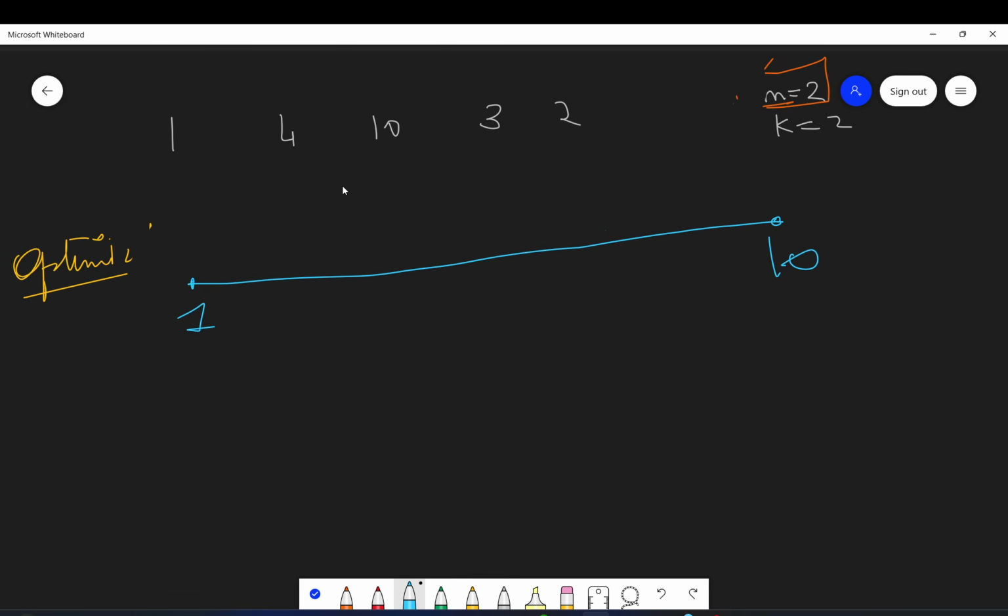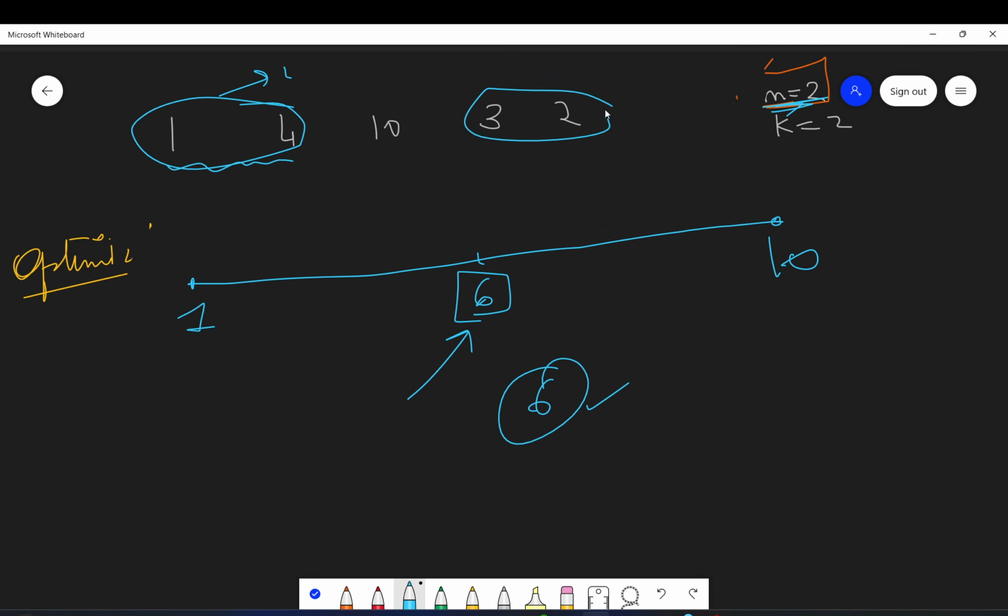Let's say I am at day 6, and I take 6 as my answer, the minimum number of days to make m bouquets. That is possible because in 6 days these will bloom and make a bouquet, and these will bloom and make another bouquet. Two bouquets will be made.